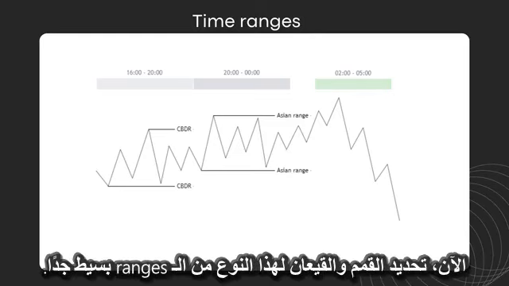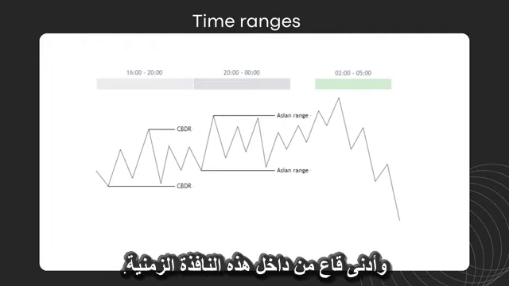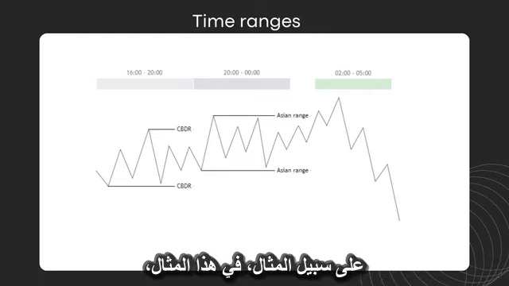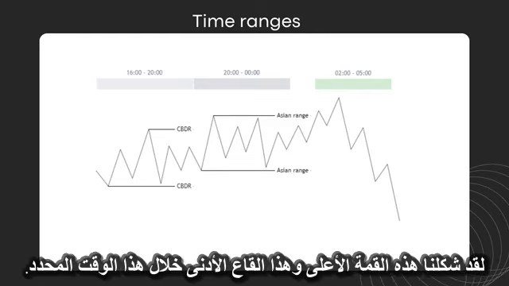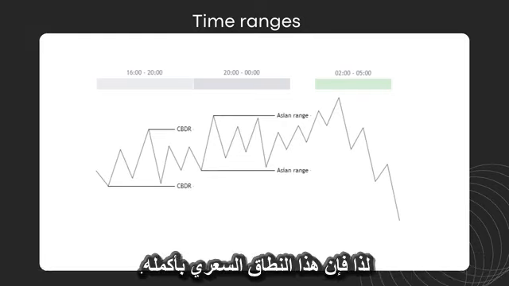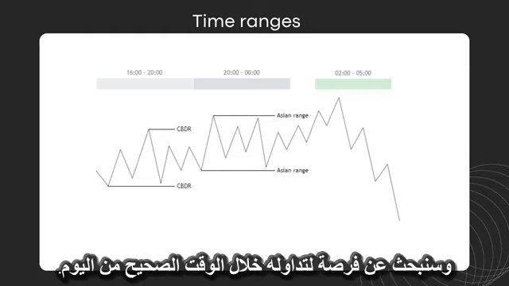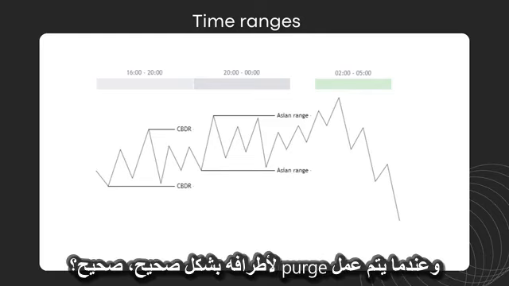Now, defining the highs and lows for these sorts of ranges is pretty simple. You choose the highest high and the lowest low from inside of this time window, and that would be your time range for that particular time, right? For example, in this example, we formed this highest high and this lowest low during this particular time. So this whole range of price between this high and low is our Asian session time range, right? And we would be looking to trade it during the correct time of the day, and when its extremes are